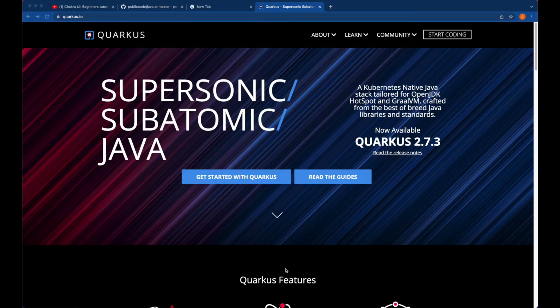Quarkus is a really popular Kubernetes native Java stack, which already has support for OpenJDK, HotSpot, and GraalVM. Quarkus is really popular if you are creating microservices, so it has native support for Kubernetes. When you are compiling the code, it is natively compiled for a Kubernetes supported Java runtime, and that's one of the many features available